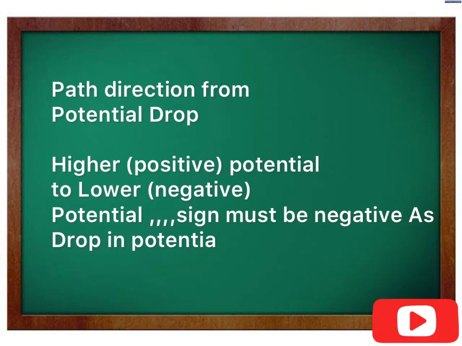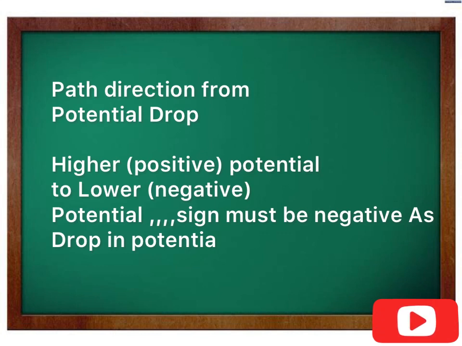If you have 10 volts and you are going to the lower value, say 5, there is a drop. Everyone can say this is a drop. If you are going from the highest value to the lowest value, this is a drop in potential. So keep in mind that whenever there is a drop in potential, you are going to give a negative sign for the change in potential. This is a very important thing you have to note down: if potential is flowing from higher to lower, or positive to negative, the sign you are going to give is negative only, and there is a drop in potential. This statement is very important.